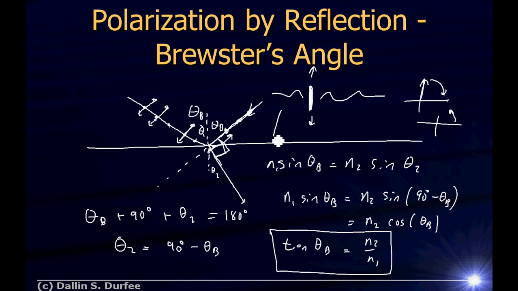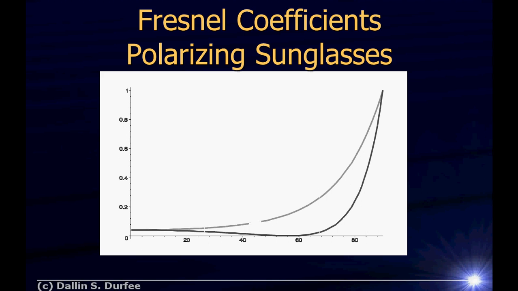Now, what if you're not looking exactly at Brewster's angle? Well, it turns out the amount of light reflected changes gradually. So here's a plot of the fraction of light that gets reflected for the two different polarizations. All right, and the one polarization you see, it hits Brewster's angle right about here, but it hits it kind of flat. So there's going to be a wide range of angles where you don't get much light reflected from that polarization. So if you wear your polarizing sunglasses fishing, it'll cut out the glare, and you can see into the water and see the fish. If you wear them while you're driving, it'll cut off glare off of a puddle of water on the road or whatever. So that's why polarizing sunglasses are so much fun, because of Brewster's angle.